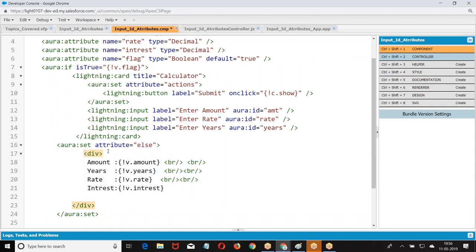I hope people have got this story, right? aura:if isTrue, do this. In the if only we are giving aura:set attribute else.